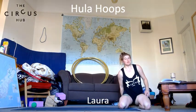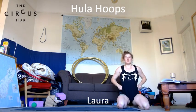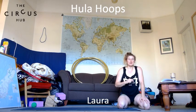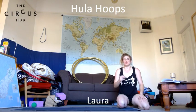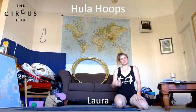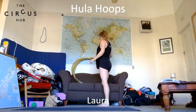Now we'll start with our stack drill. So grab the amount of hoops you'd like to use for this. If you've been using 2 for a while and are feeling like that's solid, just have a go with 3. You could even just try, because we do 2 minutes, you could try for the first minute with 3, see how it feels. If it doesn't feel amazing, you can go back to 2, but always try as much as you can to fight to keep them together, but not to the point where you start to feel like your body goes all floppy and noodly. Awesome. I'm going to grab 3